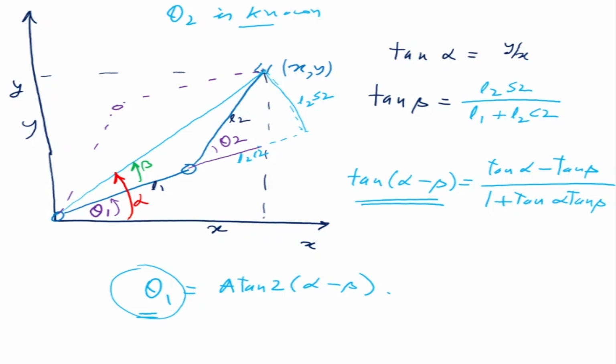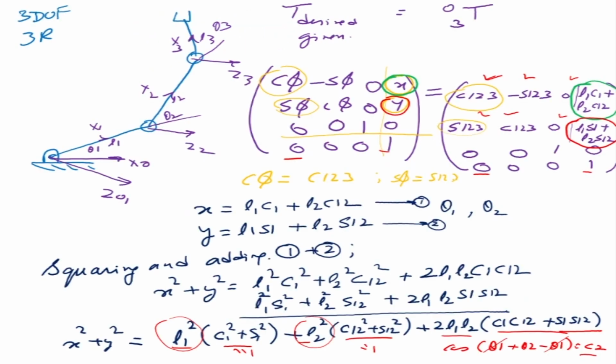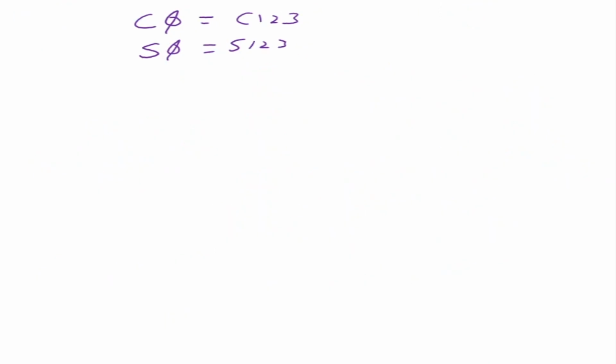Okay, now once you have got that, what is phi? What is the angle? We have seen that either we can equate cos phi is equal to cos of theta 1 plus 2 plus 3, or sin phi is equal to sin of theta 1 plus 2 plus 3. That is, I go back to this equation, what is given. So what was given is this. I take this, equate with that, take this, equate with this, and we have already known theta 1 and theta 2. So theta 1 and theta 2 are known.